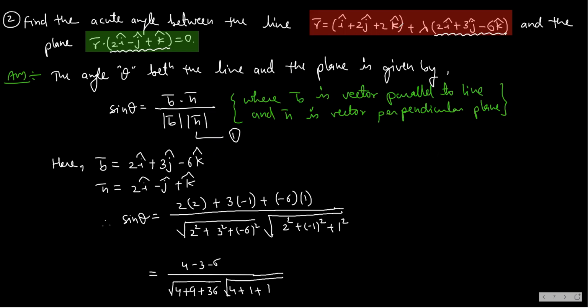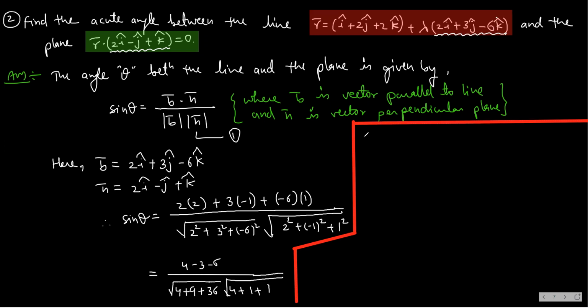So what you got, therefore sine of theta is minus 5 upon